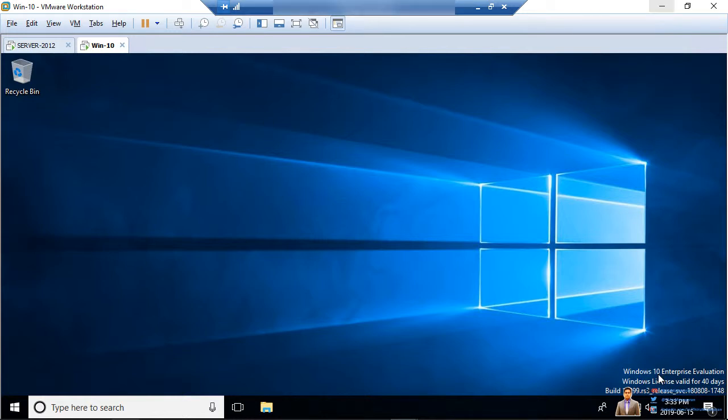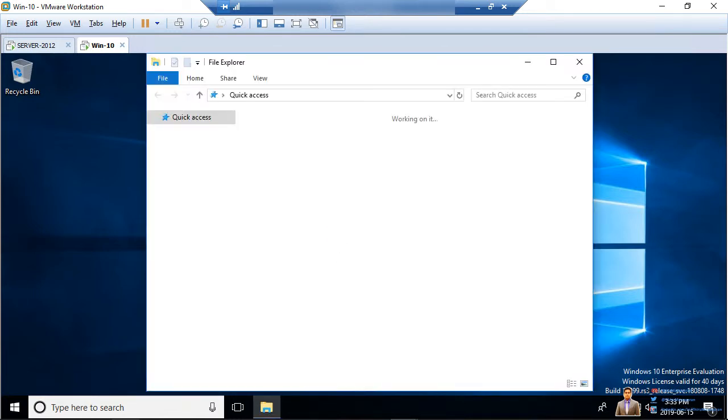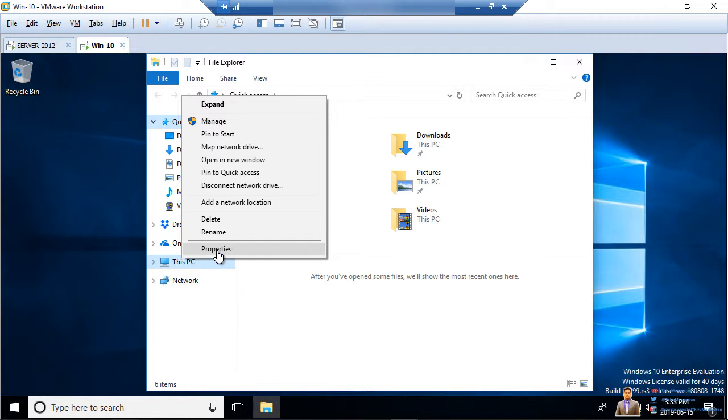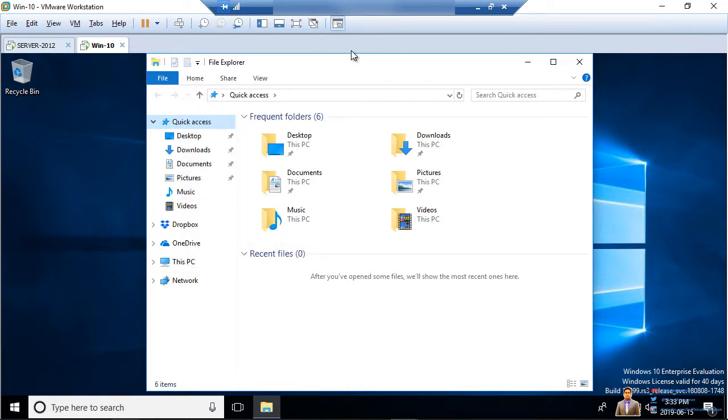First of all, let's go and see the computer name of this computer. There are many ways to go and see. I'm going to go by the easier way for me. I just click on the File Explorer and then right click on This PC and go into the properties of that. This will take you to the system information,